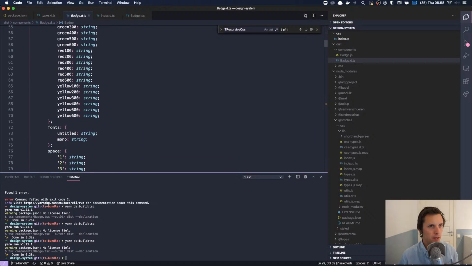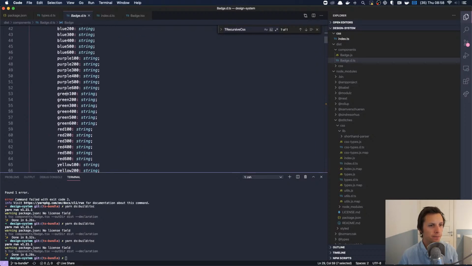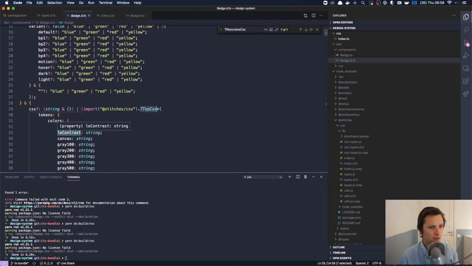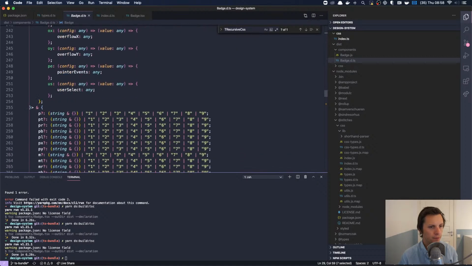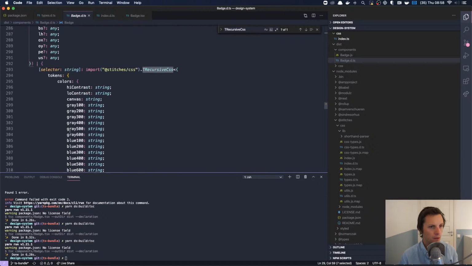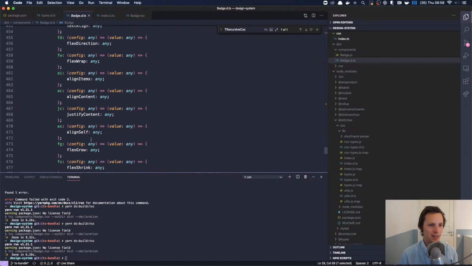See the top CSS. That's cool. And then recursive. But we can't call recursive. It's really annoying, super annoying. But this isn't bad.